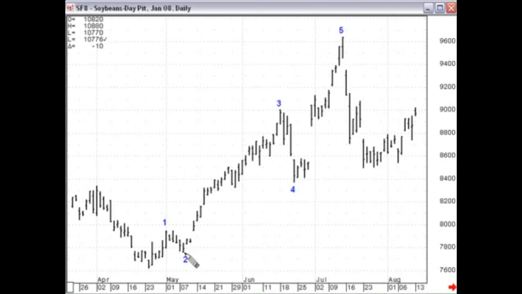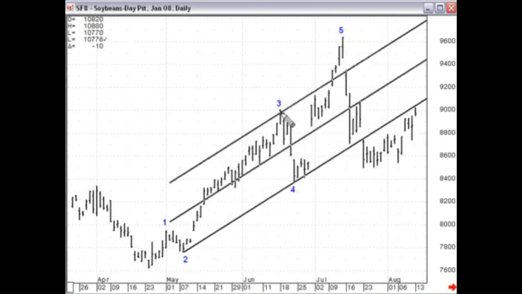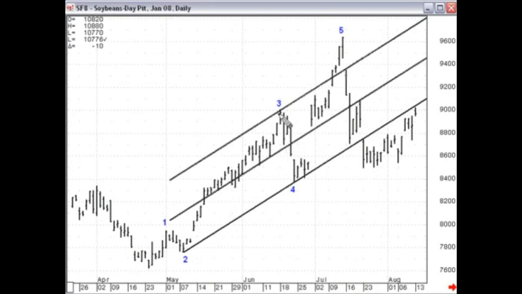Okay, now the final channel we're going to draw in order to identify resistance for wave 5 is connect the extremes of waves 2 and 4 and take a parallel off the extreme of wave 3 as we did here. And again, this is considered throw over. Oftentimes what we'll see is just a brief penetration of this upper boundary line and then a reversal in price as we did here. Now let me pull over another price chart